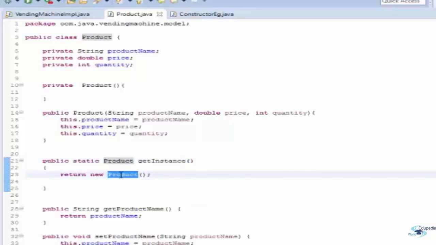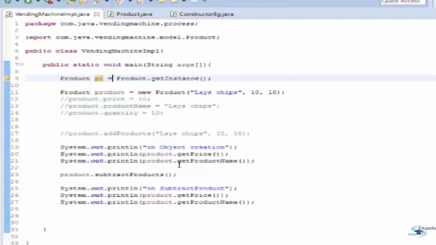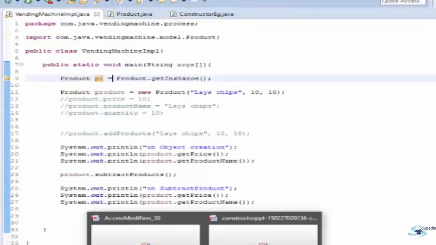And how to do that? We'll be studying that when we'll be studying the design patterns. But as of now, this is a way you can go through the singleton. You need to make some more changes to make it actually singleton. But yeah, this is a way how you can create a private constructor and still create an object using a static method and returning and creating an object in that method. So I hope this point is clear. So let's now move back to the fourth important point.